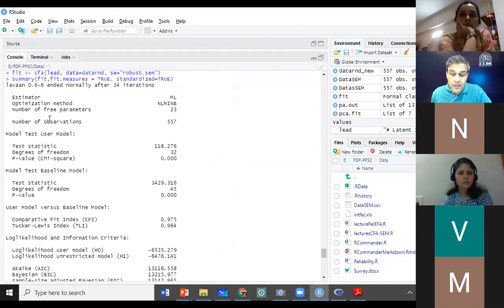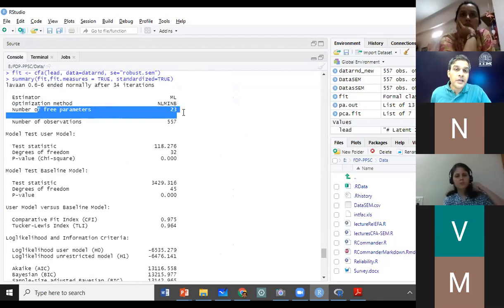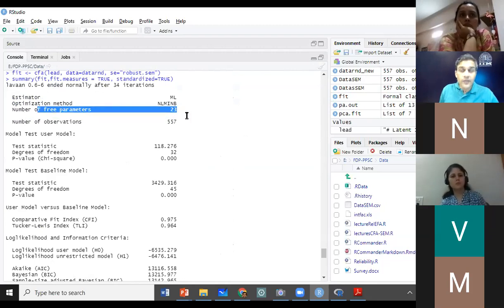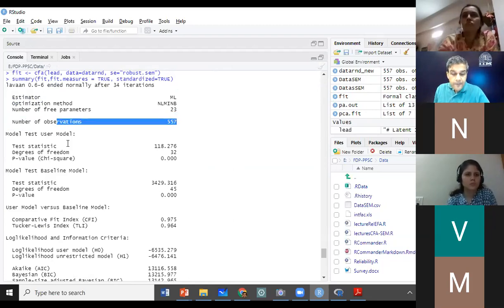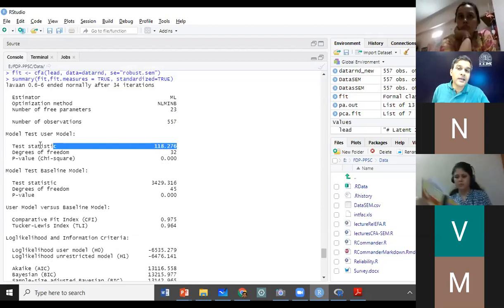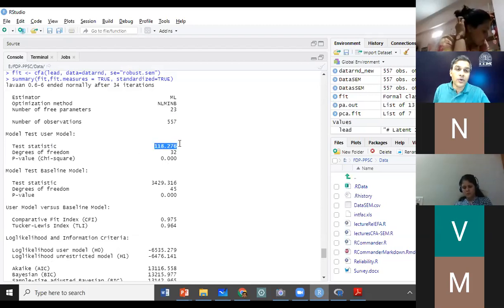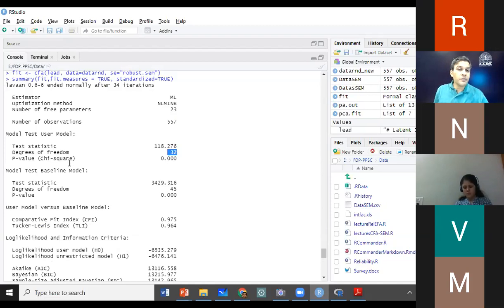Now let us see what it is telling us. Number of free parameters, I will tell you this in the next class. How do we compute parameters? Number of observations is 557. The test statistic is the chi-square. The chi-square for our model is 118.27, degrees of freedom is 32. We wanted the p-value to be greater than 0.05, but here the p-value is less than 0.05.